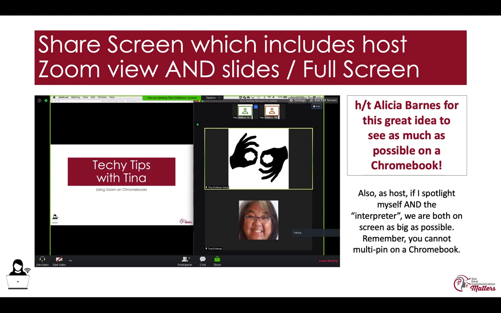So her solution or bypass was to not only do a screen share, but the way that she did the screen share was that she shared her presentation. And if you'll notice, this is not in full, it doesn't take up the whole window.